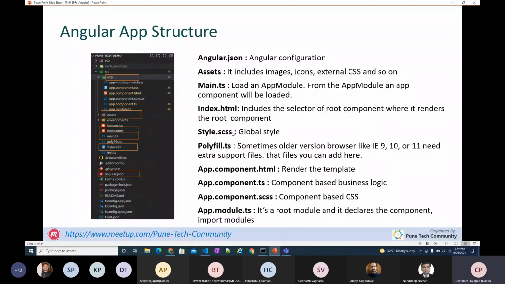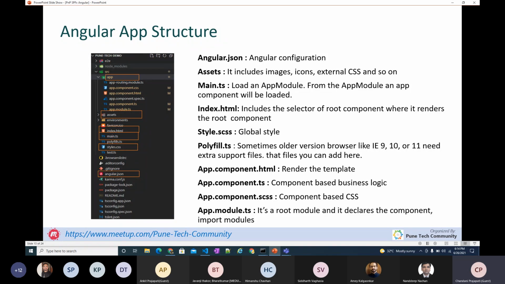Then style.scss. We can use it for global style. For example, I have four to five components in one page and I want to add the same CSS for all the components, then I have to add the style in this file. Otherwise all components have their own separate, component-based CSS. So this is style.scss. Then polyfill.ts.